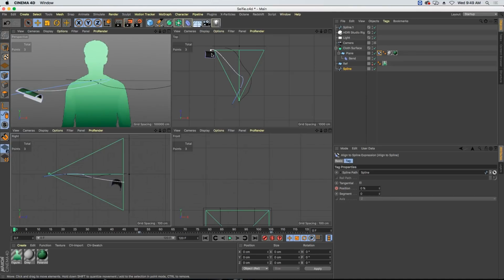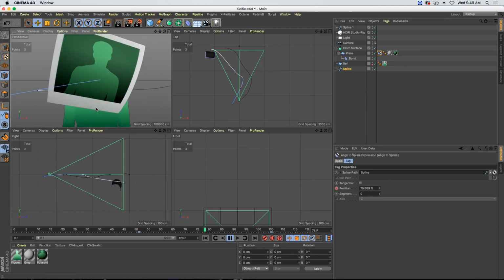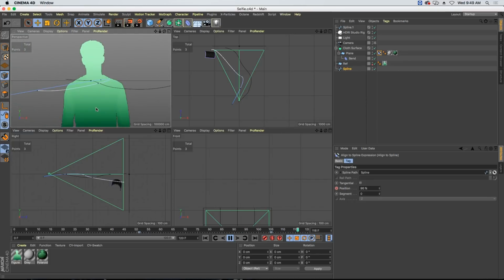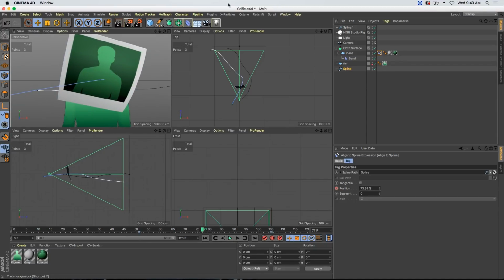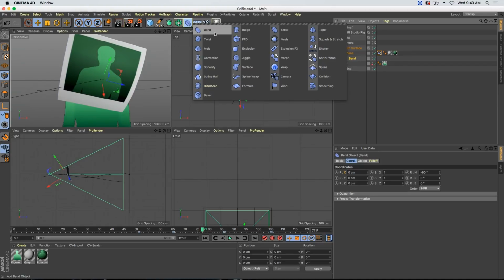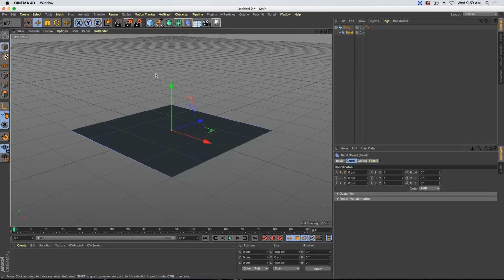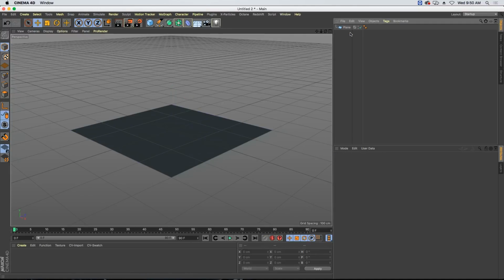We've got this white start here and the blue ending. And if we play through in the perspective view, it will just follow along with that spline and travel along, and you can really art direct an element across the screen. You'll notice that there's a bit of deformation happening on the object as well. Now, that's set up with a bend deformer, and like I said, there's some really useful information about that on Cineversity. So let's just look at the setup, because setting up deformers can be a little bit tricky,